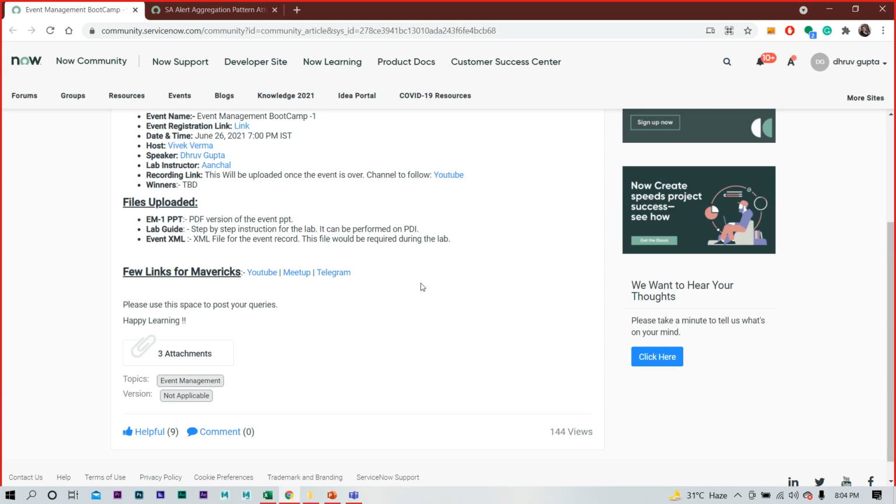Hi Dhruv, this is Pratyusha. I was trying to install the plugin and it was kind of stuck at 95%. Do you think it will take long? It takes time. Okay, I was just wondering if I did something wrong. Thank you. No worries. In case you face any issue, just put it in the comments. We'll keep monitoring and reply, but just let us know if there is anything.